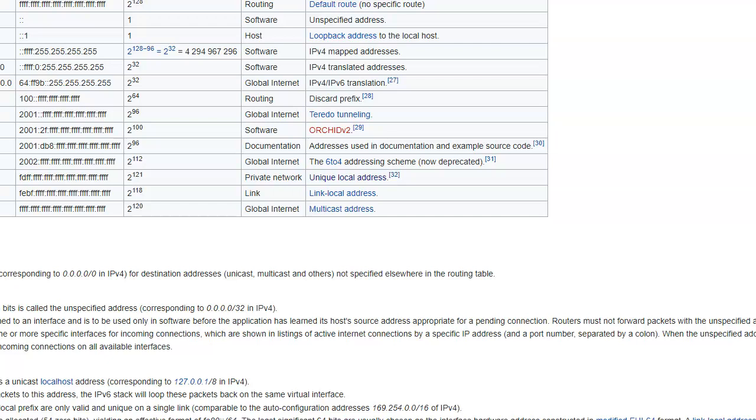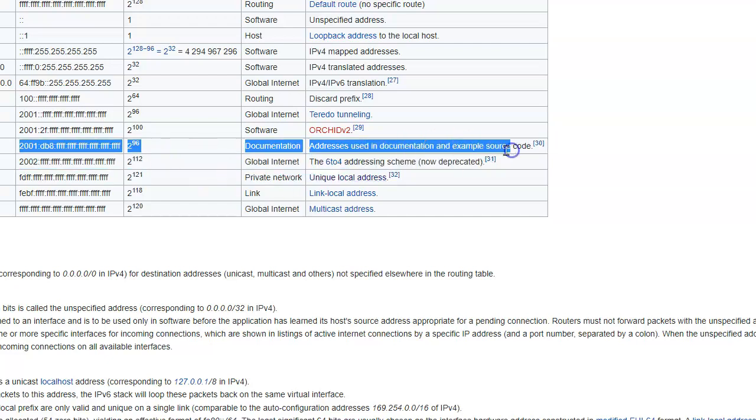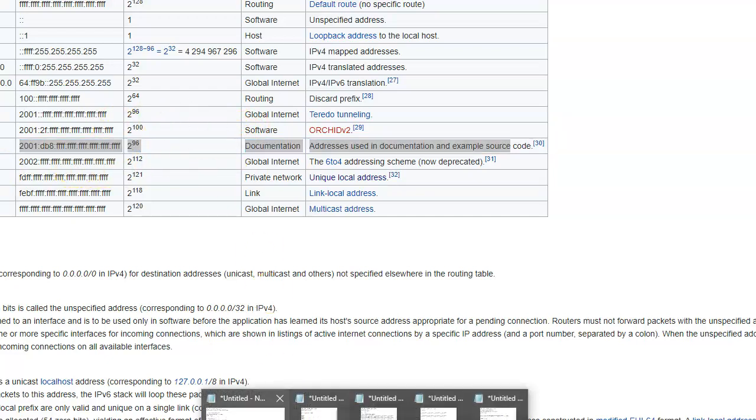Notice there's a leading 0 that's been taken out, so it would be 2001:0DB8. That would give us a 32-bit address. This is just documentation. Whenever we need one, we can do whatever we want as long as we use 2001:DB8. It's not routable ever. It's documentation.